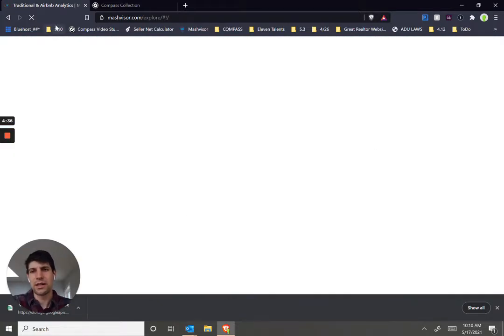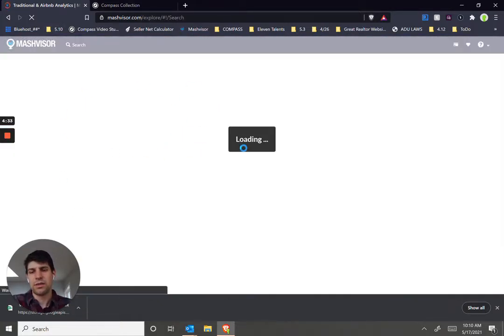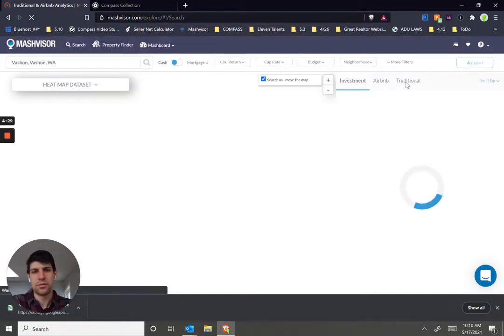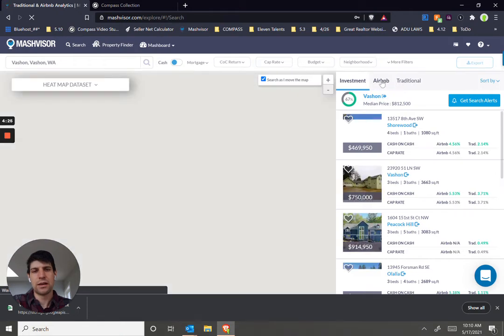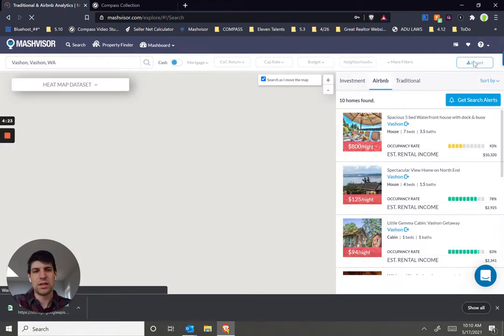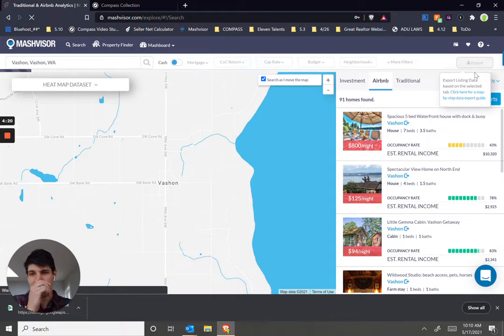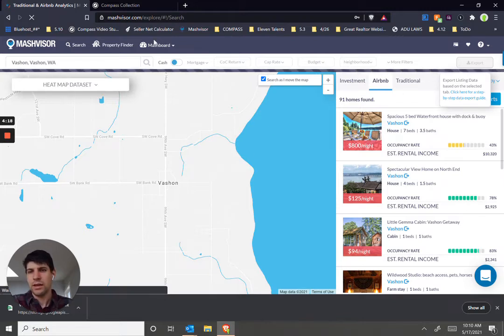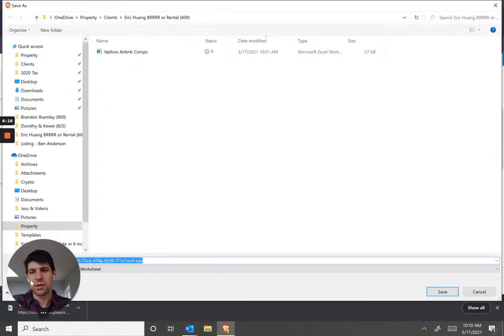Hit Start Analyzing. That will pull up both traditional, which is long-term, and Airbnb, which is short-term rentals in that area. So we'll select Airbnb and go up here to Export. And that'll export all the comps or comparative properties